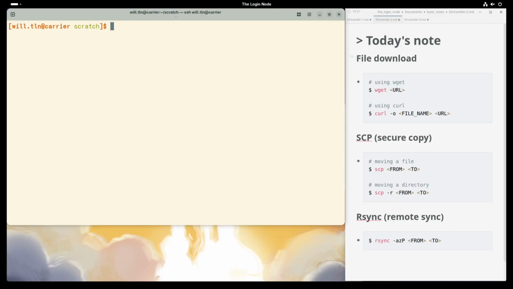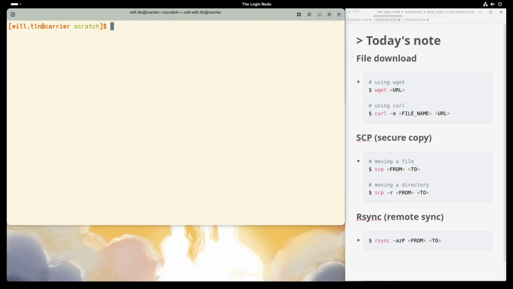What if your data is on a website? Don't download it to your laptop and then upload it again. That's double work. Just order your delivery directly to your hotel. Use wget or curl on the cluster to pull files directly from the web. Let me show you a quick example.